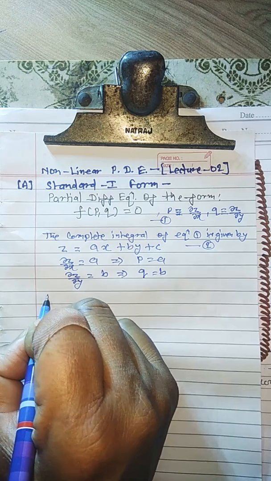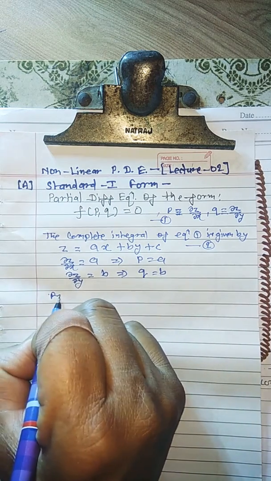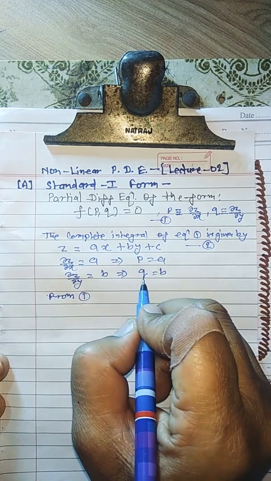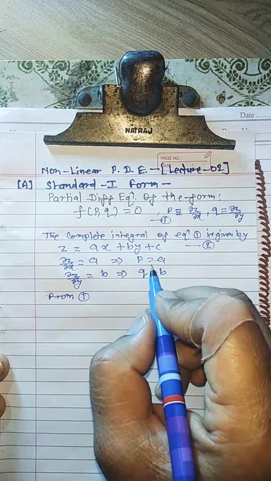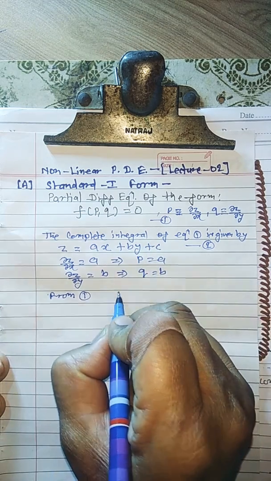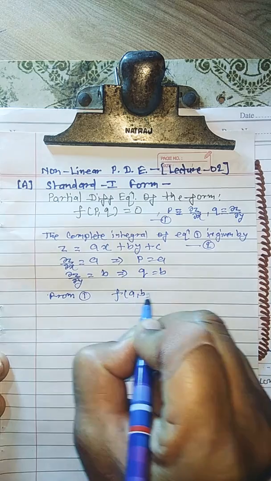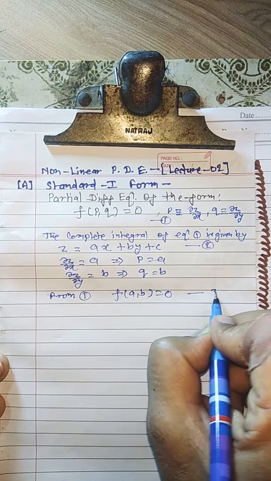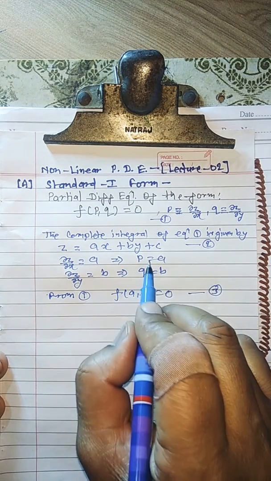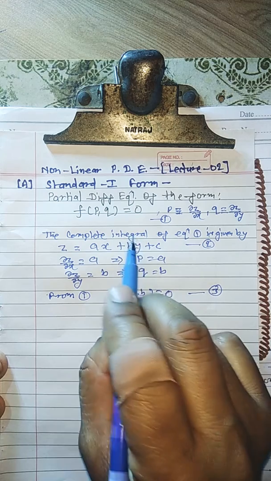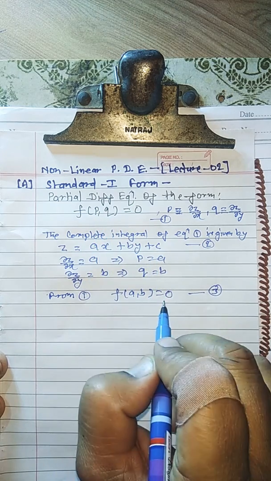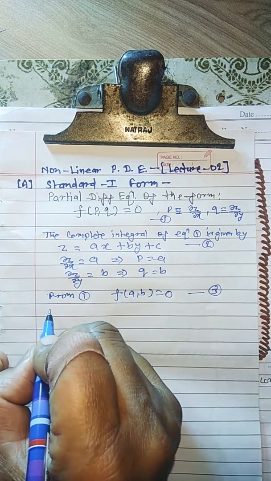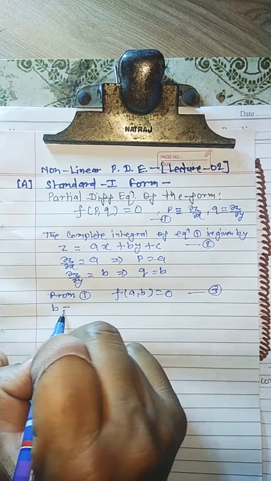Now from 1, a and b are connected by the relation f(a, b) = 0. This is our equation number 3. We have to put the values of p and q in equation 1. We get this. Now from 3, either we find the value of b in terms of a,